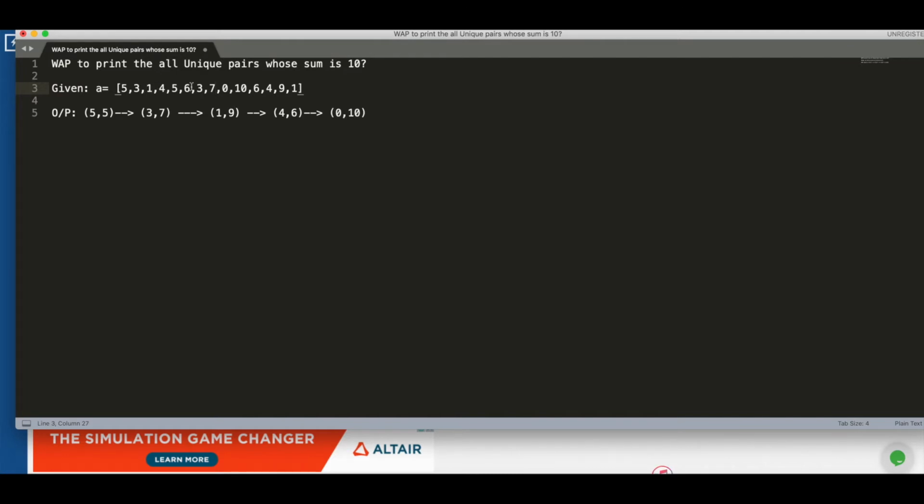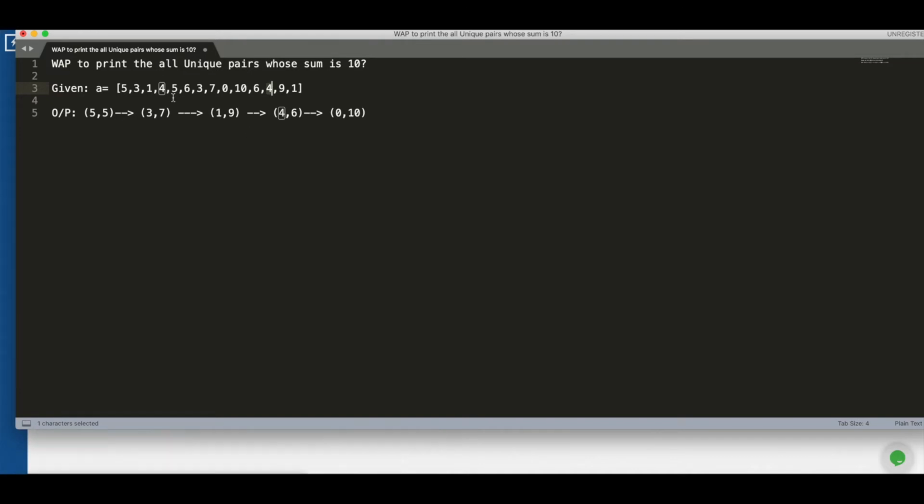Now 4 comma 6 will give me one pair, and 6 comma 4 gives me one pair, but these are also duplicates. The condition was that if you are printing 4 comma 6 and also printing 6 comma 4, that seems to be a duplicate pair.